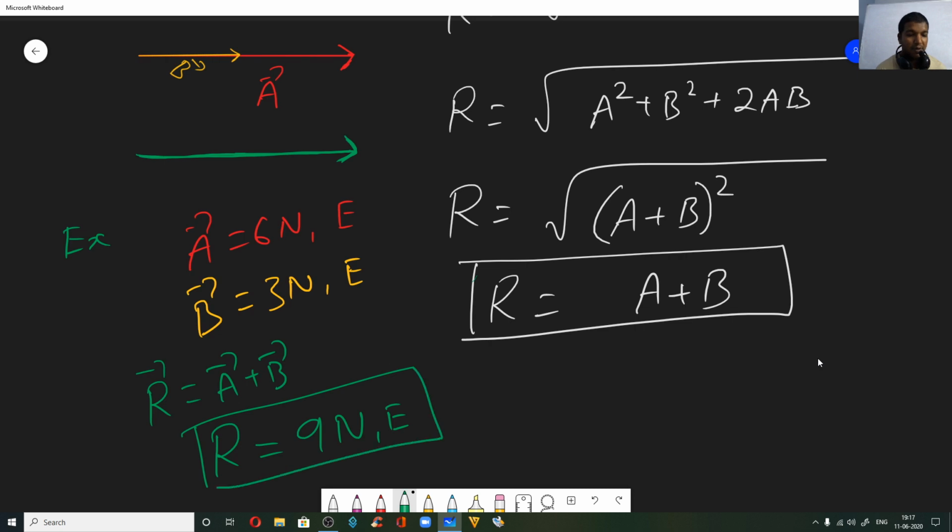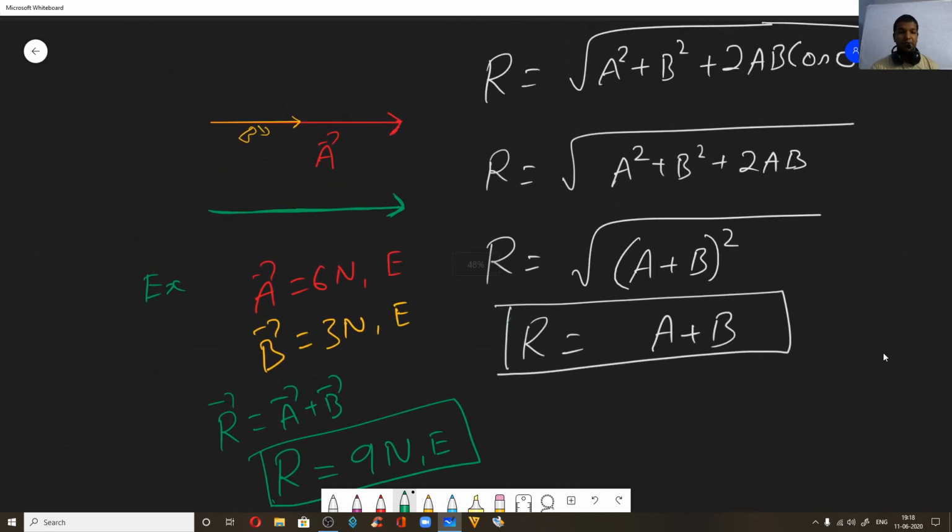Now this is one important thing which will help you a lot. If you see two vectors in the same direction, like vectors, parallel vectors, collinear vectors, okay. Collinear vectors means both of them must be in the same direction. Otherwise you can say the angle between the vectors is 0. So the resultant can be obtained simply by taking the sum of the vectors, that's all, A and B. So this is what we have got here.